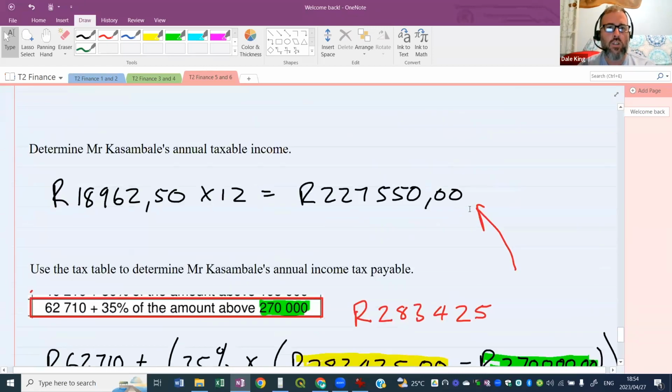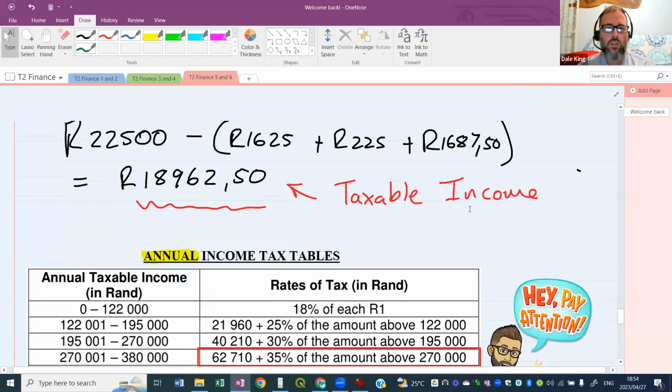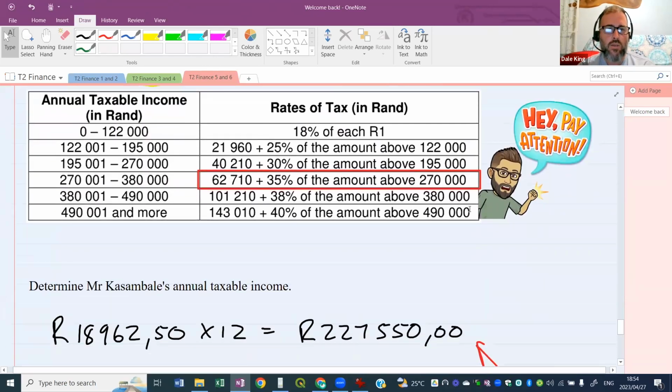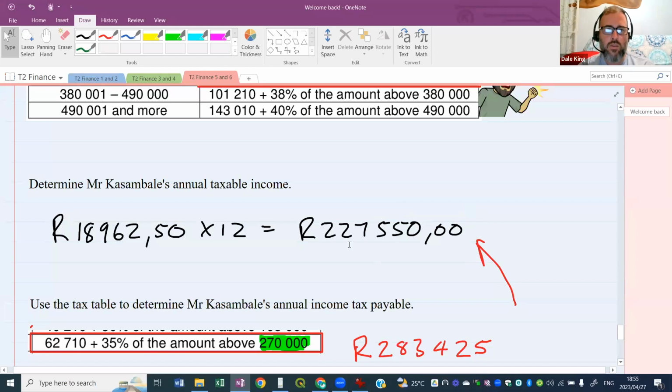So we did a calculation before the tax table to get his monthly taxable income. And then underneath the tax table, we times it by 12 to get an annual taxable income. Then I changed that number that you see there, 227,000. I said, here's a new one,